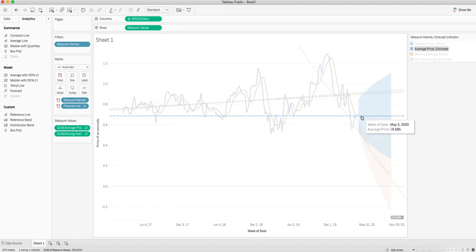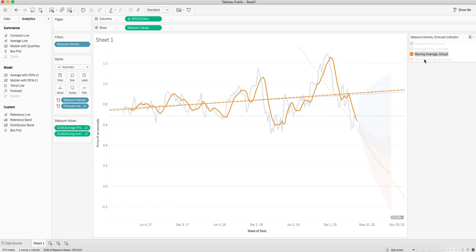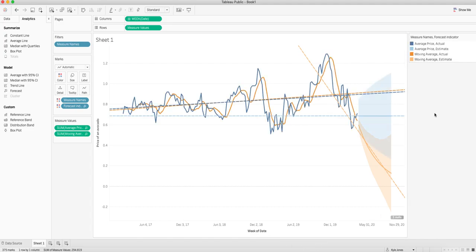So the correct value is 71 cents. So these are all kind of forecast values, but it's 71 cents for that. So great, we have now an actual, an estimate, a moving average actual, a moving average estimate. All right, so let's say we like this. We can go ahead and create